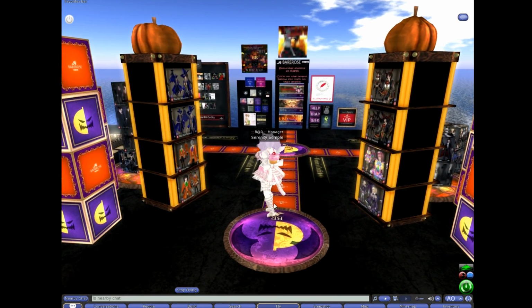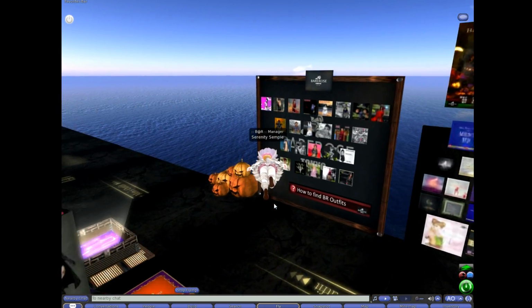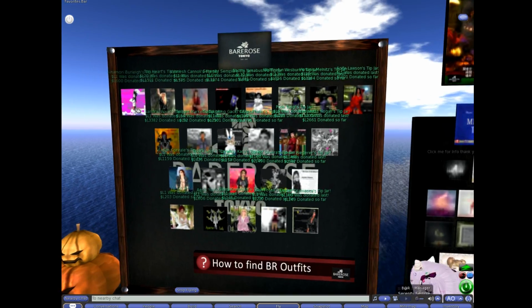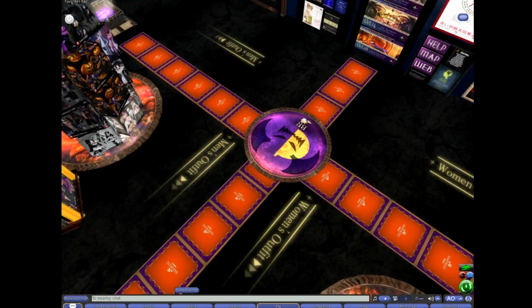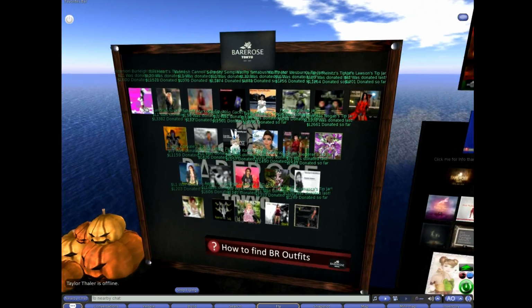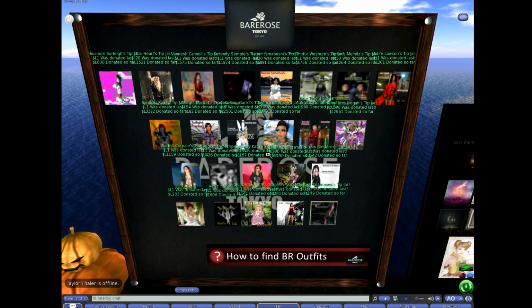It spans over 2 sims, which we will go over, and I'll try to make it brief and as clear as possible, though I probably won't. First, we're going to start with the front of the store. When you TP in, you land here, and that will bring you at almost the center. Starting at the stuff behind the arrival point, we have the staff tip jars